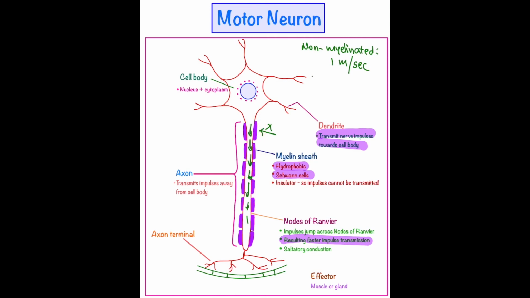So in case of the myelinated neuron, the rate of the impulse transmission would be 100 meters per second. See the difference. That's the reason that myelinated neurons give us very fast impulse transmission, very fast nerve response, and we are getting the response quickly. So 100 times faster response than the non-myelinated neuron. So this is the most important part of the motor neuron, that they are myelinated, meaning they won't allow the impulse to be transmitted, acting as the insulators, and ultimately impulses have to jump across the nodes of Ranvier, so it will result in the faster impulse transmission.